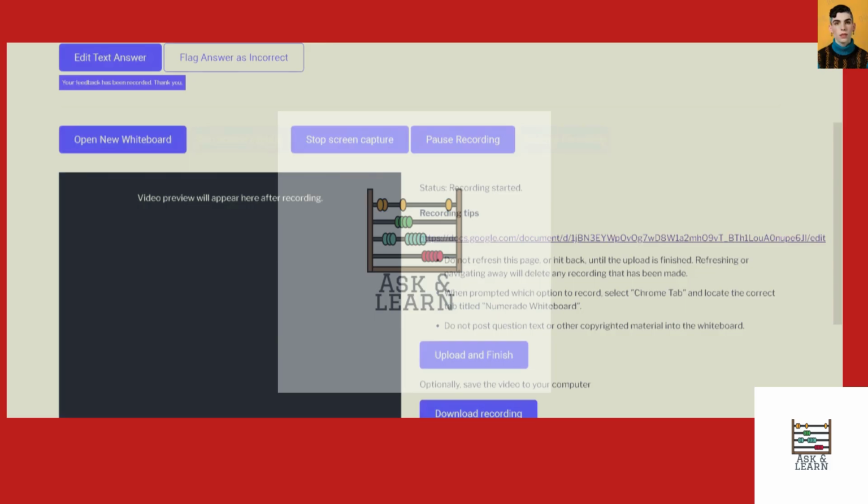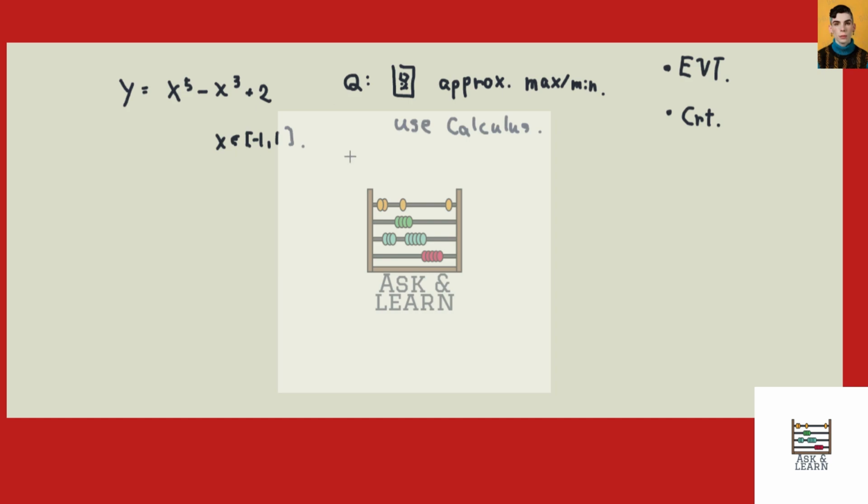All right, let's go ahead and answer this question. So the question is we have a quintic, x to the fifth minus x cubed plus 2, and it is limited between the region -1 to 1. The question is graph it and approximate the maximum and the minimum value. And the other part is use calculus and what you've learned to precisely locate the exact value of the maximum